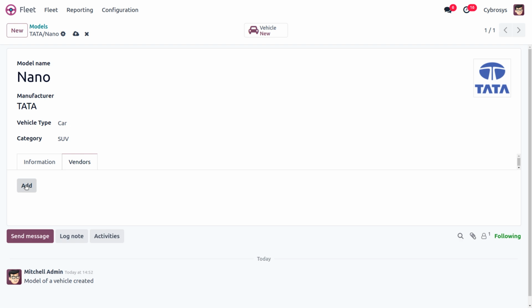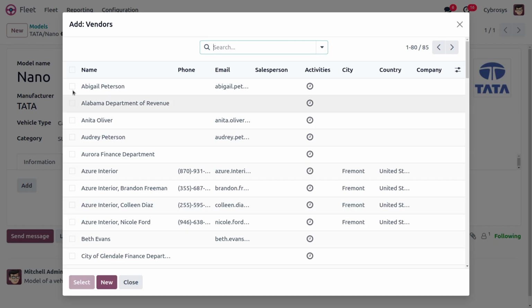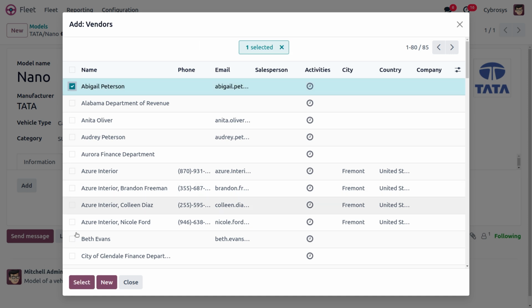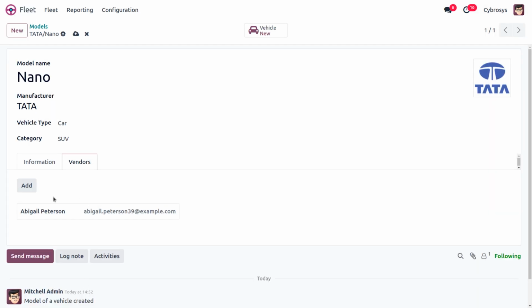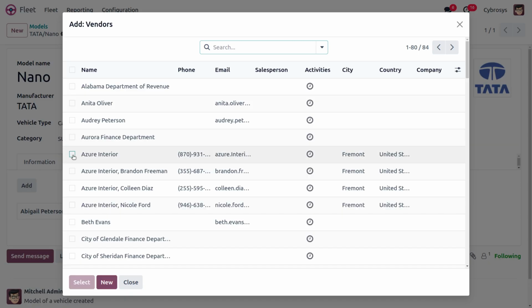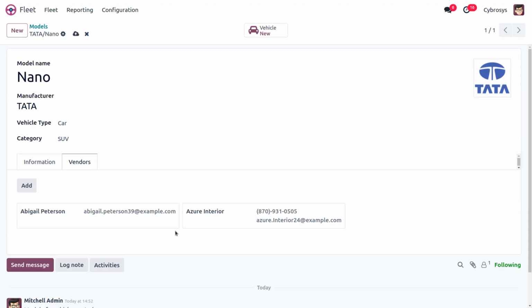So I would like to choose the vendor from here as Abigail Peterson. Afterwards, you can select the vendor, or if you want to add multiple vendors, we can also do that. So I would like to add multiple vendors, that is Abigail Peterson as well as Azure Interior. Once that's done, you can save the changes that you have made. And if a vendor is not in the database, we can enter a new vendor by creating it instantly